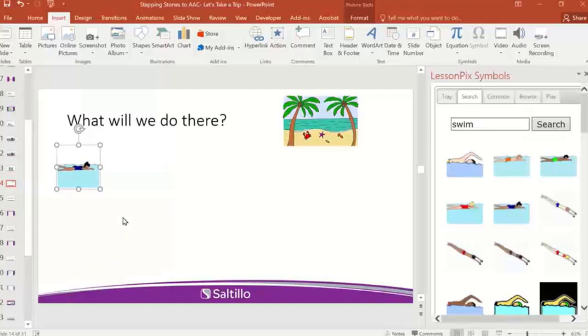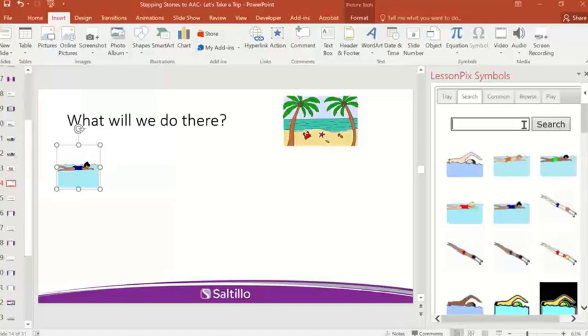It is super cool. I learned this from another AAC presenter last fall, and I've been dying to try it more and more. So thank you, guys, for allowing us to play with it with you. What other activities can you do at the beach?